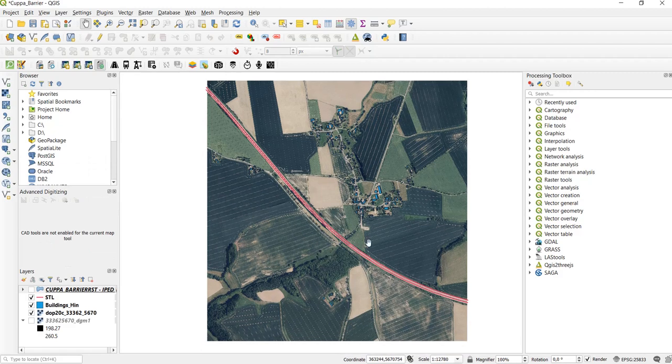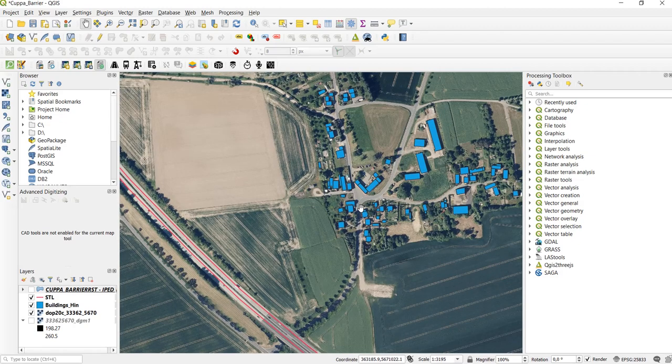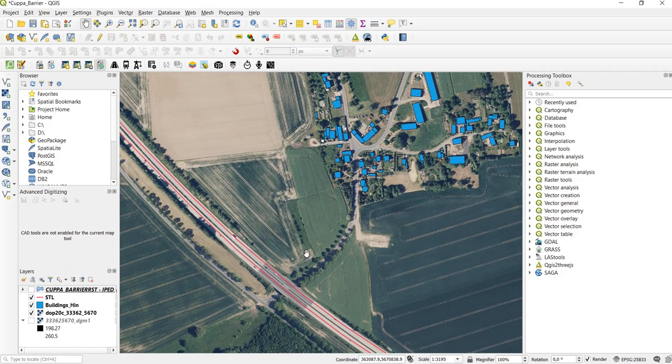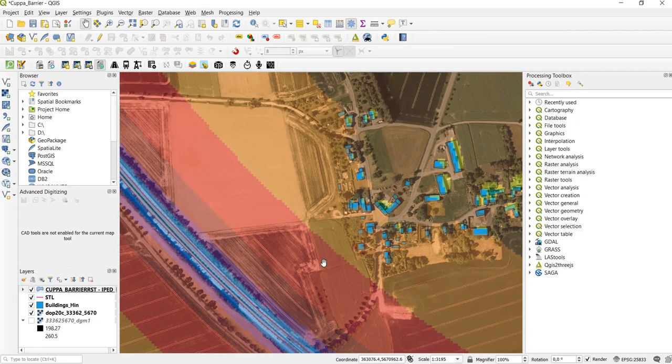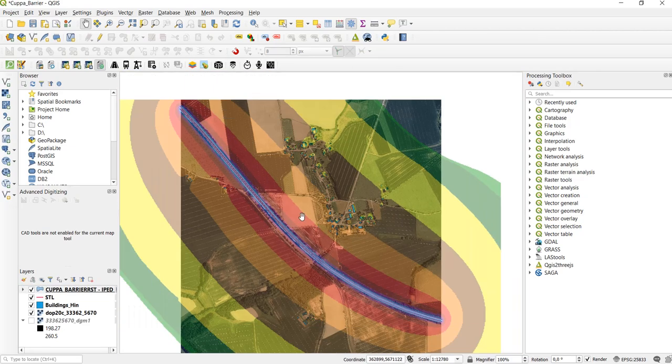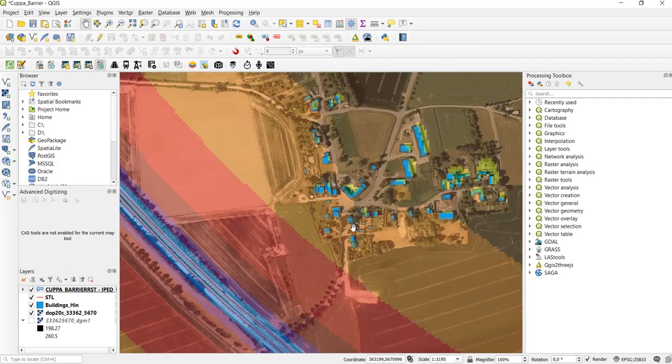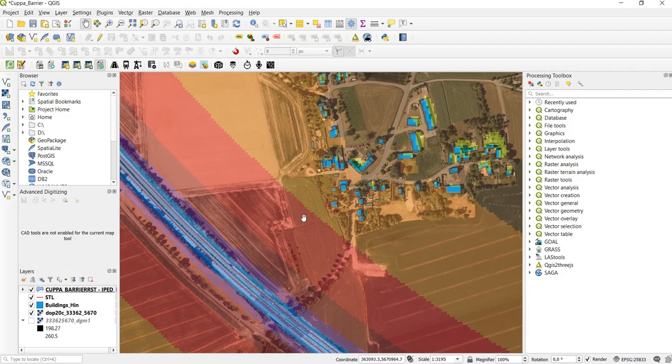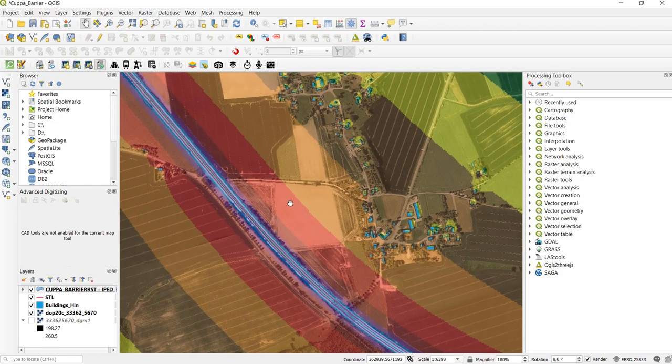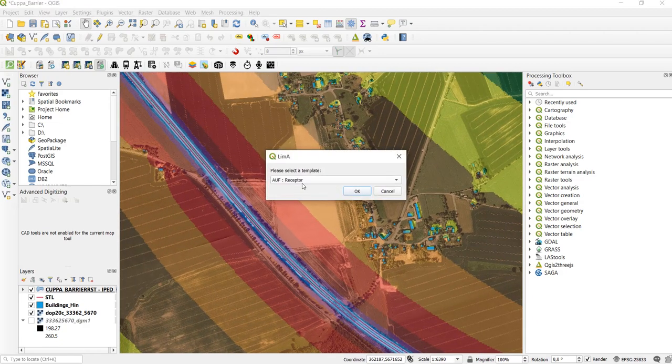Okay, before we put our receiver points somewhere, I want to make sure that I know which houses are most exposed to the noise from this highway. So I turn back on the noise map that I already calculated, and here I get a good idea which are the houses most exposed and which are going to be the places where I'm going to put the receiver points. So I'm going to create a new LiMA layer. It's a receptor layer,